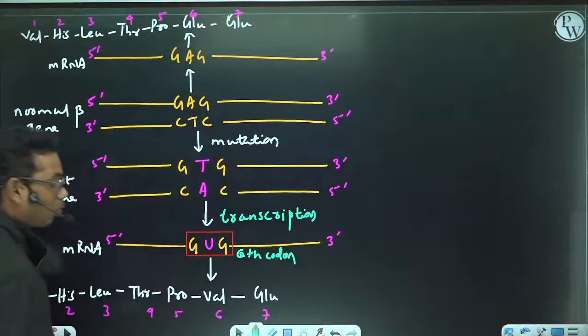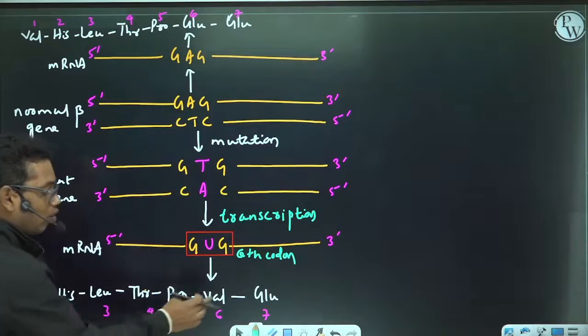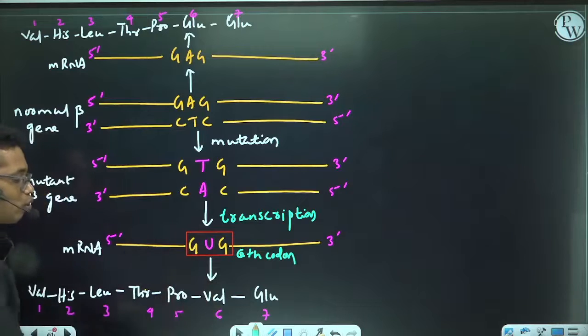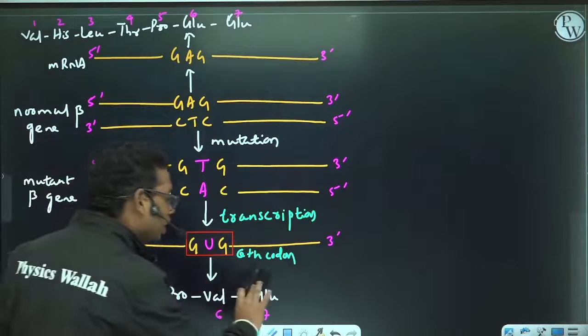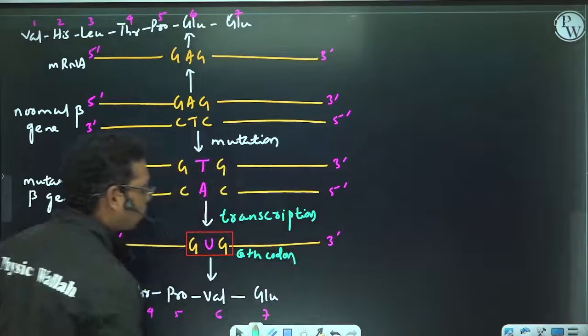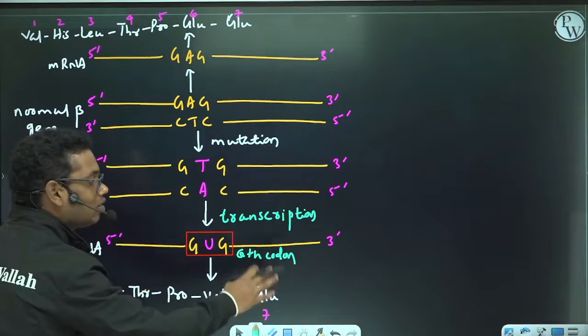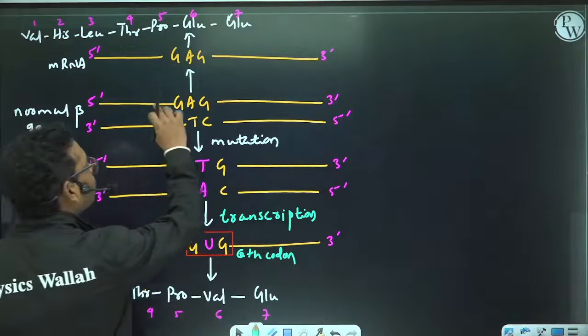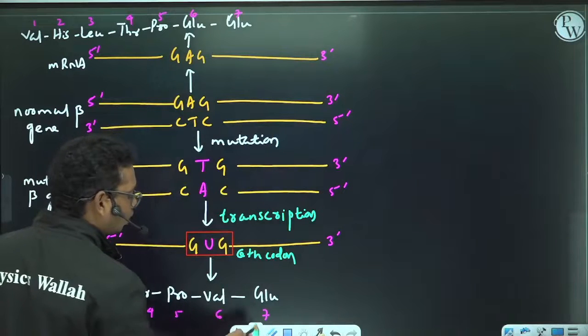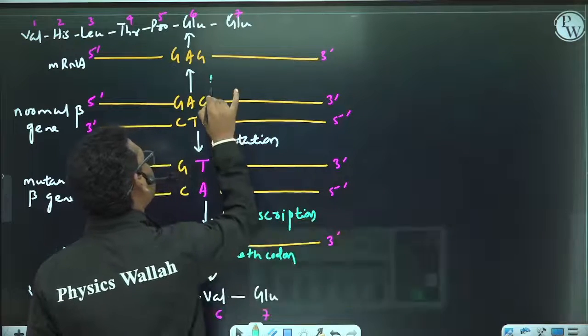Which codon? 6th codon. And this GUG codon codes for valine. Okay, so this is the mutant beta polypeptide gene, and this will produce the sickle cell hemoglobin. Now this is the normal beta chain gene, and if I allow this beta chain gene to undergo transcription,